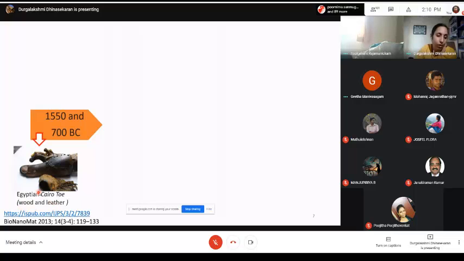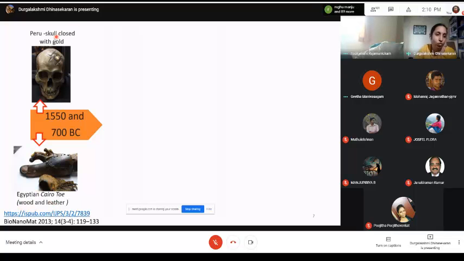We also have evidence of a Peru skull closed with gold. You can see the gold casting on the skull region, where they are using both the metal and the nature-derived wood and leather for this kind of adjustment in the health region,